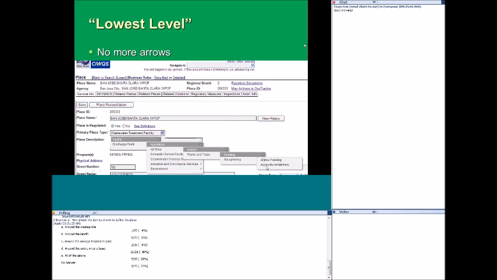Finally, we get to animal feeding and aquaculture or hatchery. You don't see any other arrows there, so you know that's the lowest level, and that's the level at which we would want to select. This pathway has 1, 2, 3, 4, 5 boxes. They don't all have 5 subsequent menus. It just depends on the path.